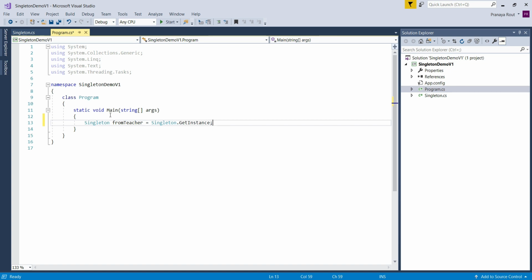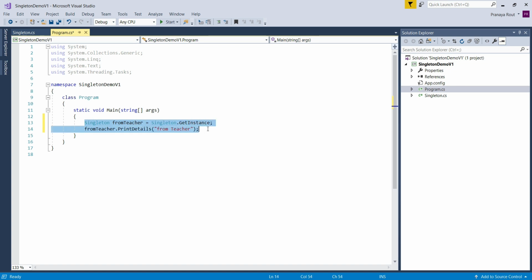This property will return me the instance of the singleton object. Then there is one public method, that is PrintDetails, and I'm just passing some string value to the method. So here we are passing "From Teacher".